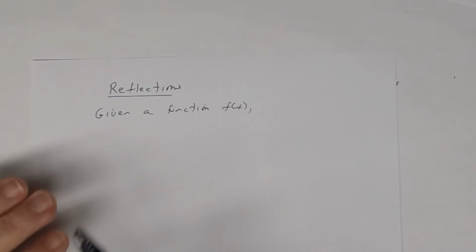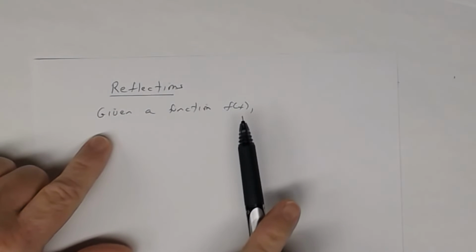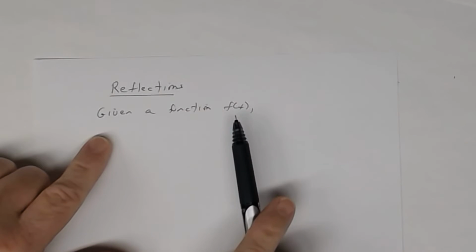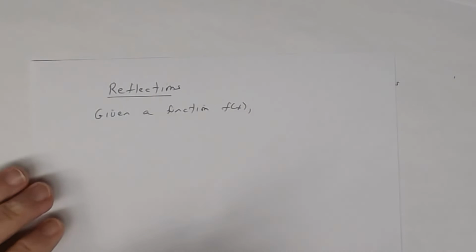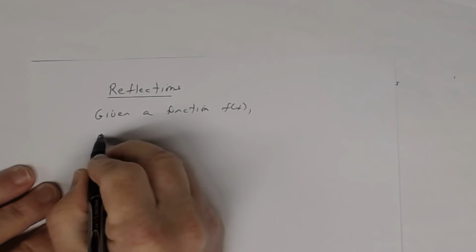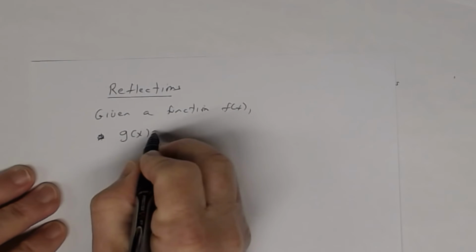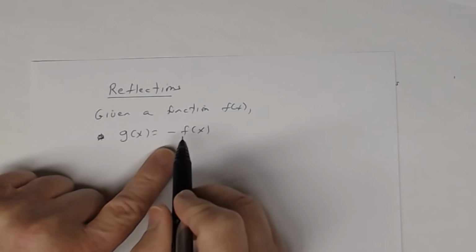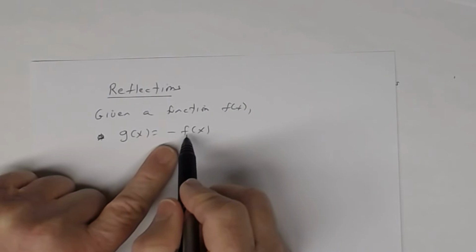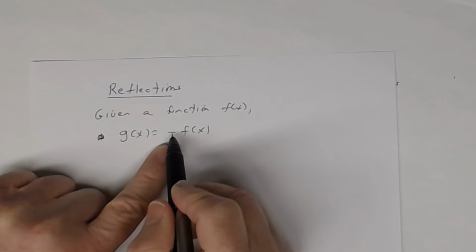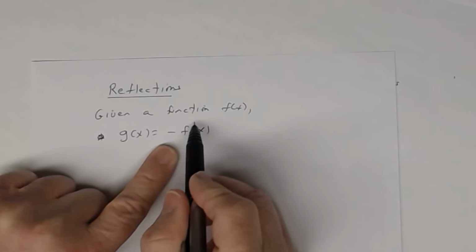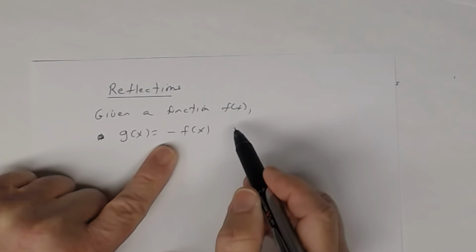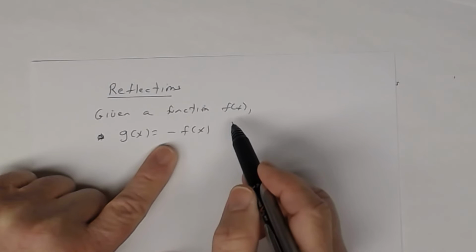All right. So, given a function f of x, if g of x is equal to the negative of f of x, remember what this means. This means the opposite of y, right? So the opposite of y. So when you talk about the opposite of y,